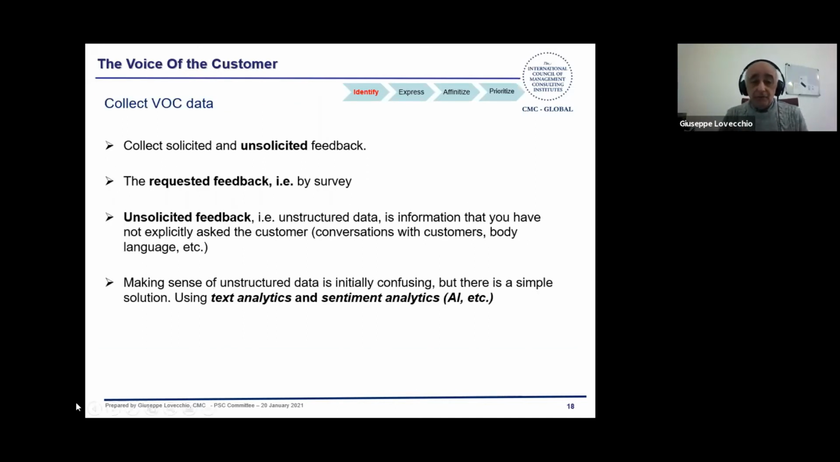Identifying is to collect, above all, unsolicited feedback. Unsolicited feedback can also be body language, and can also be conversations, not only interviews, but conversations with the customer to grasp some hidden meanings of the relationships. And today it's really important, above all when you use open questions, to also use text analytics,